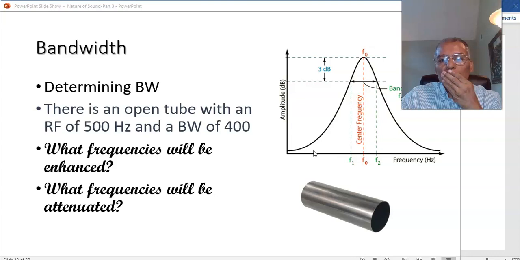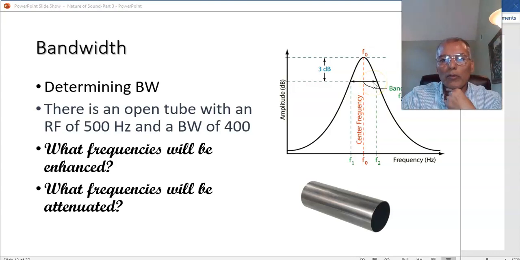So we call this the 3 dB point, or on this lower end, the lower cutoff frequency, the frequency after which the tube doesn't respond anymore. And on the other side, there's a corresponding point equally on the other side that is called the upper cutoff, because the frequencies become 200 hertz higher. So if the frequencies are 200 lower or 200 higher, then they will not